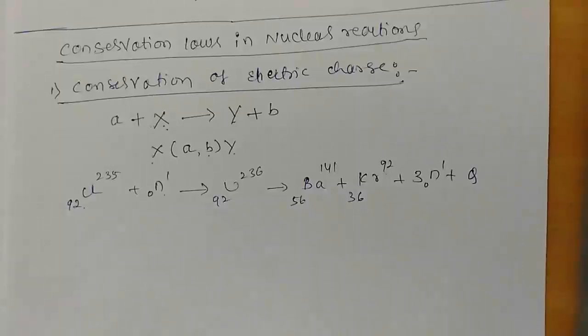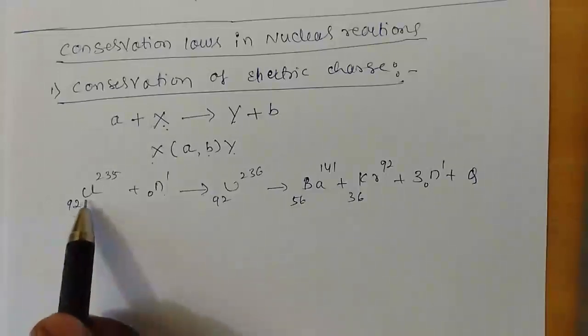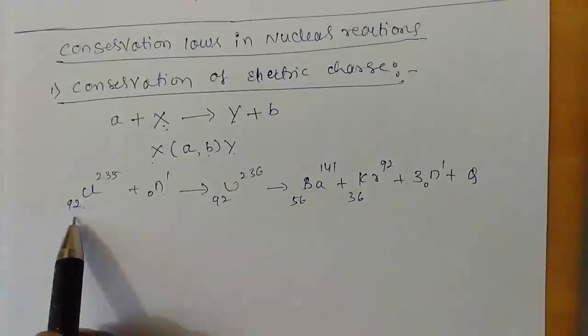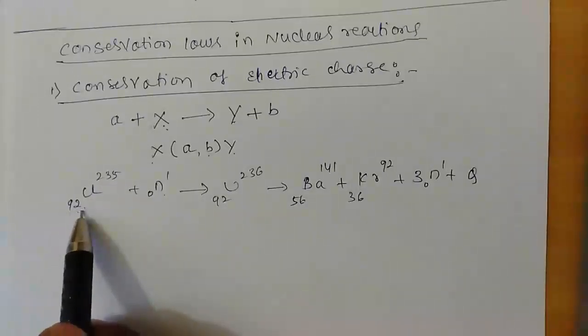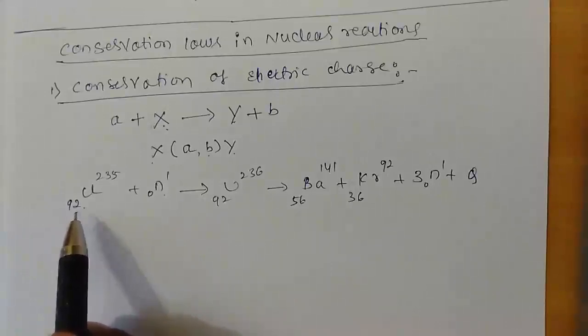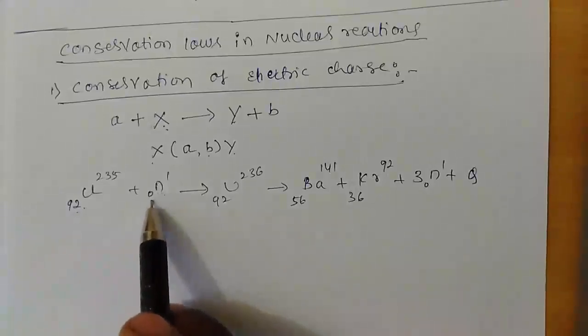What do we mean by the charge present on any nucleus? It is nothing but the total number of protons present inside the nucleus, right? How many protons are there inside uranium 92-235? There are 92 protons, because the atomic number indicates the total number of protons present inside the nucleus. So the charge present is plus 92 into E, where E is the charge of each proton. What is the charge present on the neutron? It is 0, because a neutron does not carry any charge.